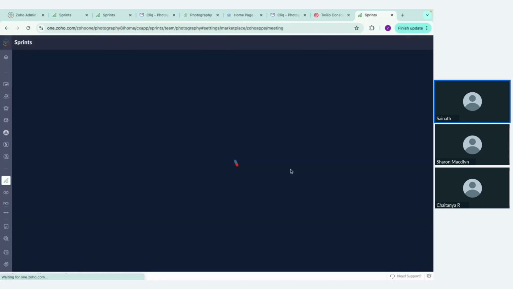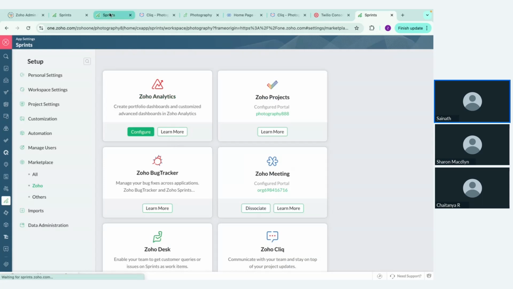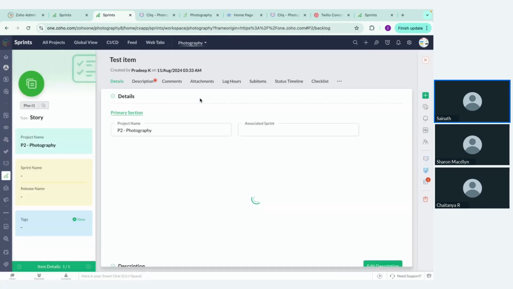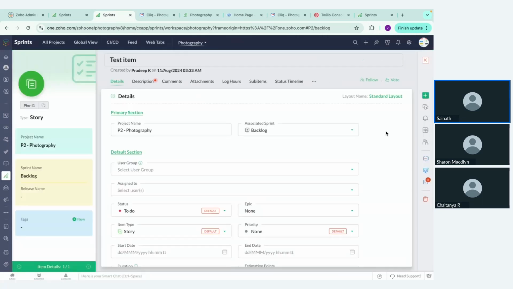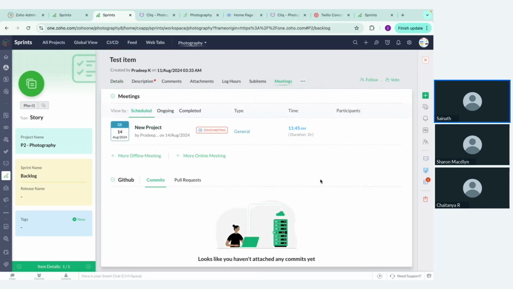As it was, it is redirecting me to a unified UI page where it is loading up, but I already have it loaded on one of my accounts, one of the tabs, sorry. So this is how the UI is. As we saw the extensions here for Zoho Writer, we have an option for Zoho Meeting within the backlog of it as well. So as you can see, everyone can see what exactly it looks like when it comes